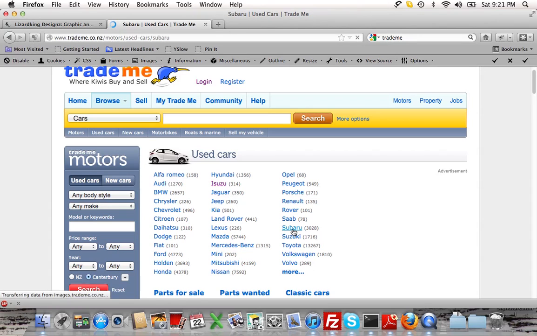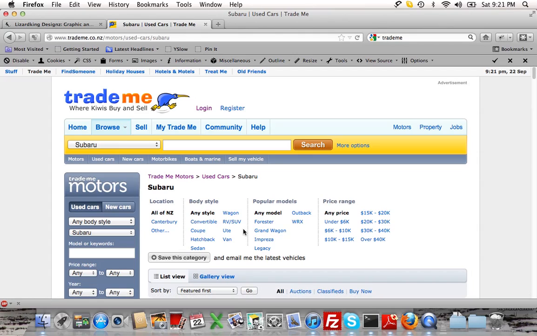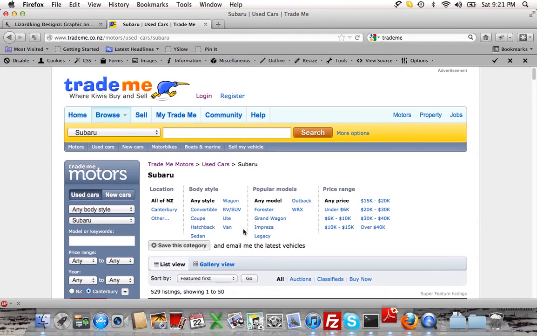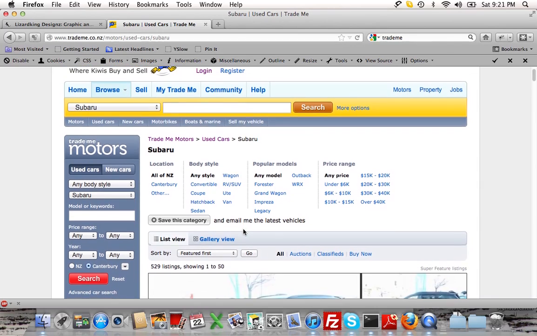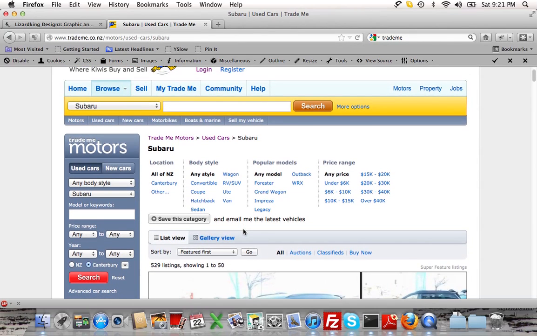I ended up being a traitor and going to the predictable Subaru, and you can already see here that we have a breadcrumb trail, where we've got Subaru, used cars, Trade Me